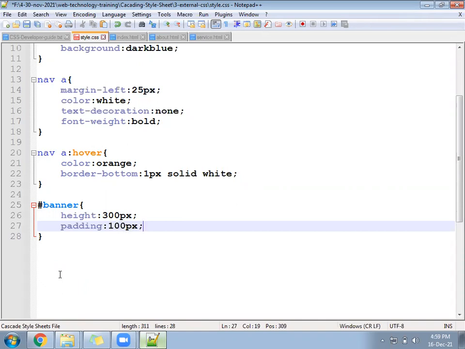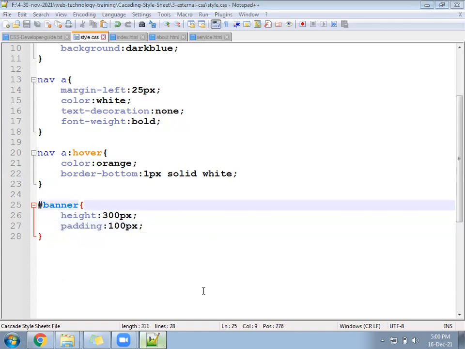Padding inside the banner 100 pixel. So how much total height is needed to run this banner? Height 300, padding 100 from top, padding 100 from bottom.